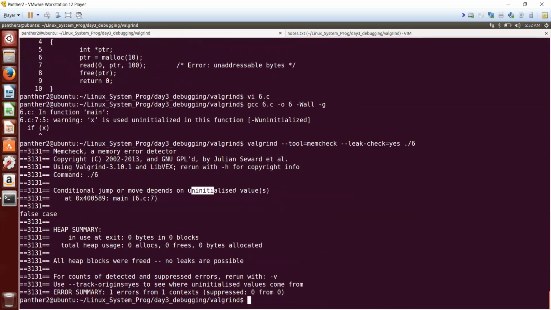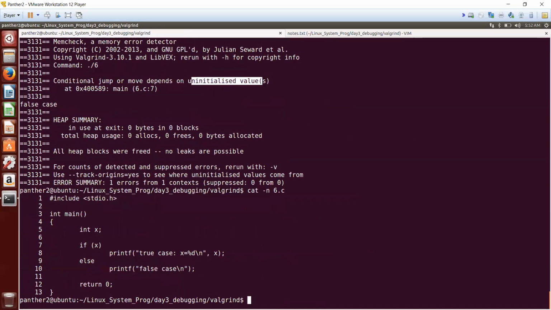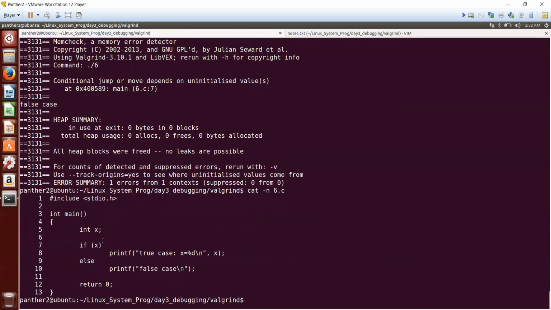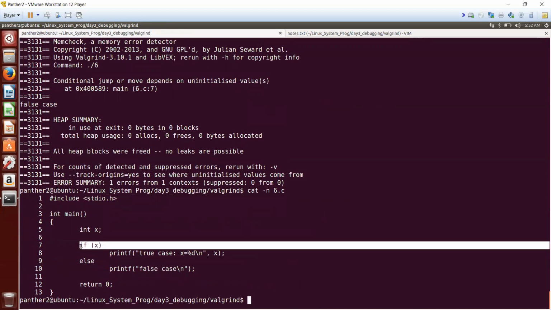It depends on the uninitialized variable. So Valgrind also reports the uninitialized variable at line number 7. So we have seen almost all the memory bugs of Linux reported by Valgrind, and this is